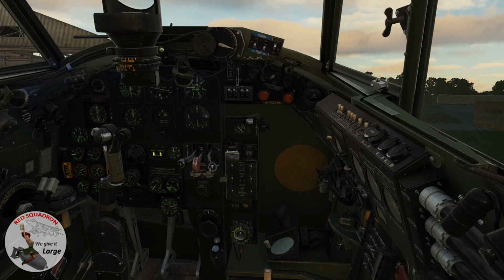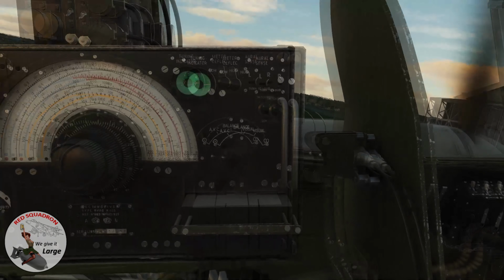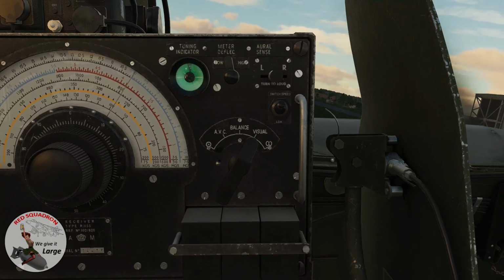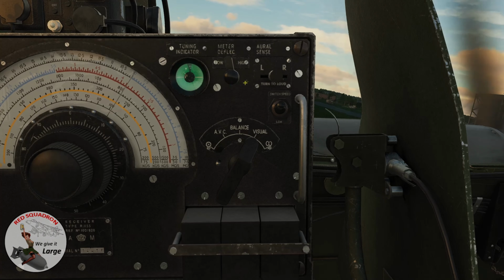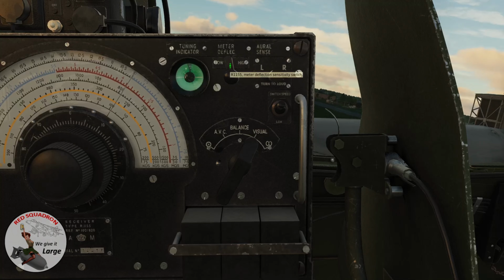So we know the aircraft needs to be turned to the left towards the transmission. Not a problem. As you start to get close to the centre point of where that transmission is, you've got this switch here, which is meter deflection, and we can set that from low up to high, and this will give us increased accuracy to get absolutely pinpoint onto where that transmission is coming from. So if I flick that across to high now,